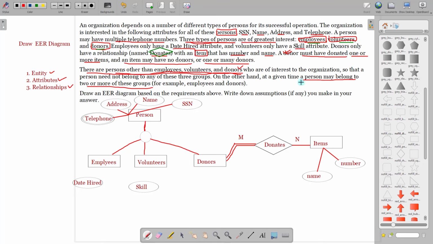And another condition is a person may belong to two or more of these groups. That means here the constraint is overlapping. That means a single person can be both employee and volunteer, or employee and donor, like this, or employee, volunteer, donor, all. So a person may belong to more than one subcategory. So